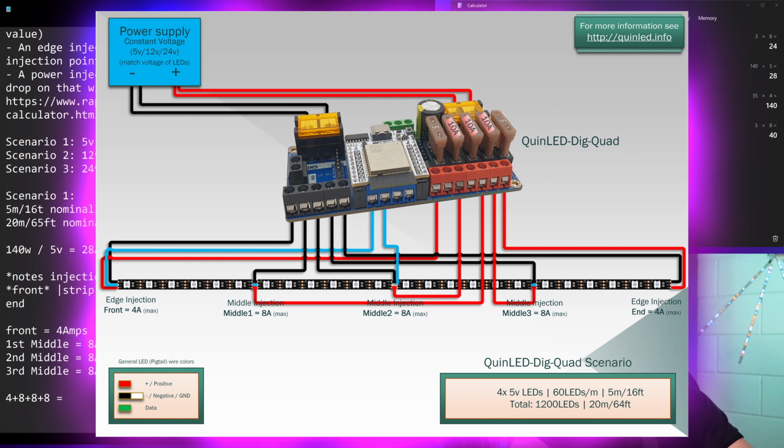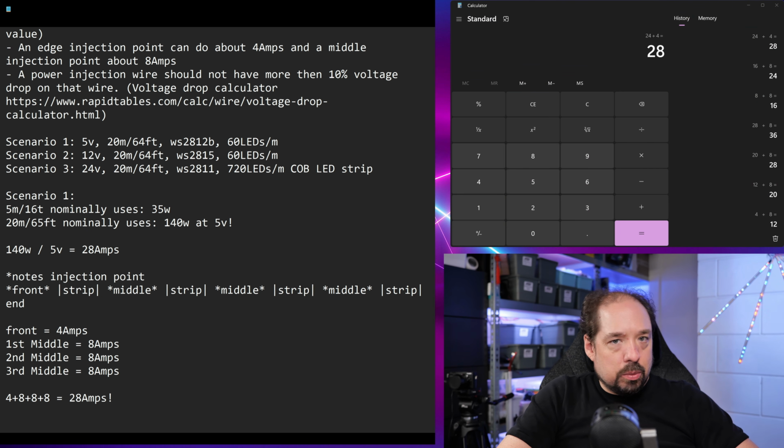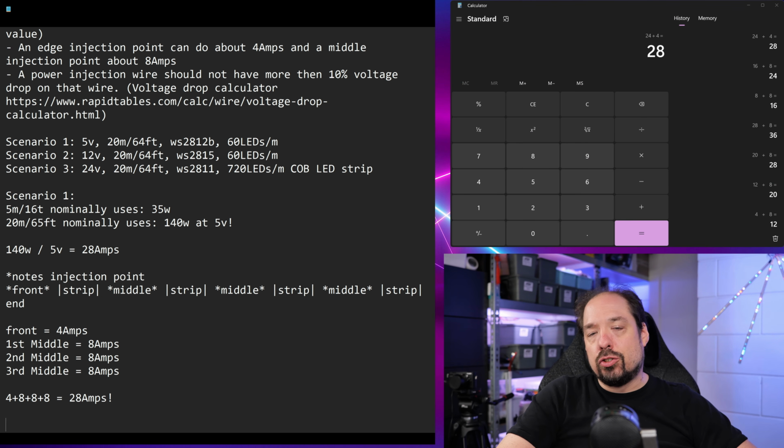Jesus. I was going to calculate everything, right? Calculate. Oops, 8 plus 8. No, I didn't do that right. 8 plus 8 plus 8 plus 4. 28 amps. So that matches the calculated value that we need nominally to satisfy the current requirements of the strip